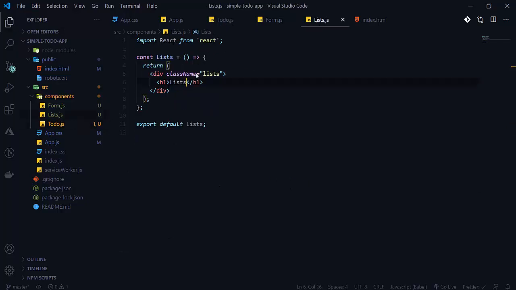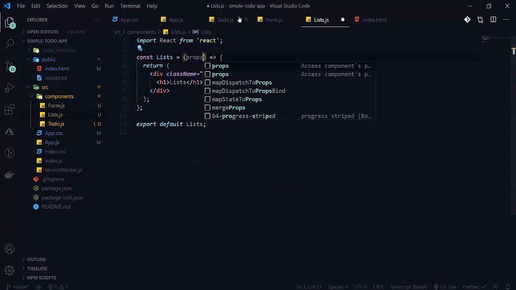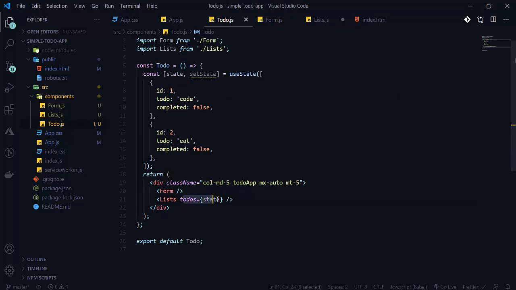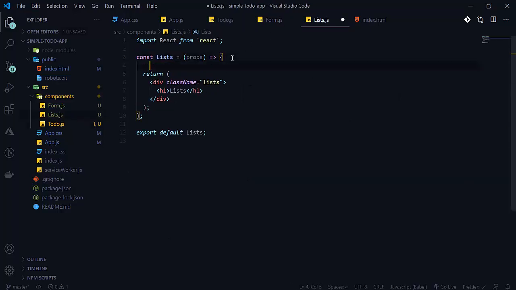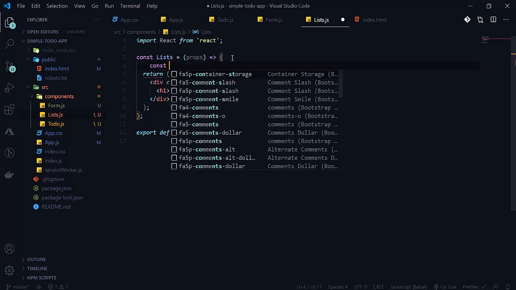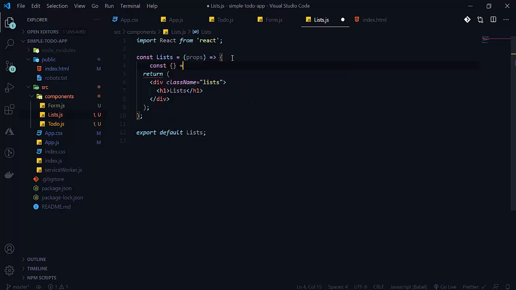So when I will go here, and here we need props here because we are passing this todos in the form of props. So here props is there. So now let's write constant here. So here is props here. So we will access now todos. So we will access todos from the props.